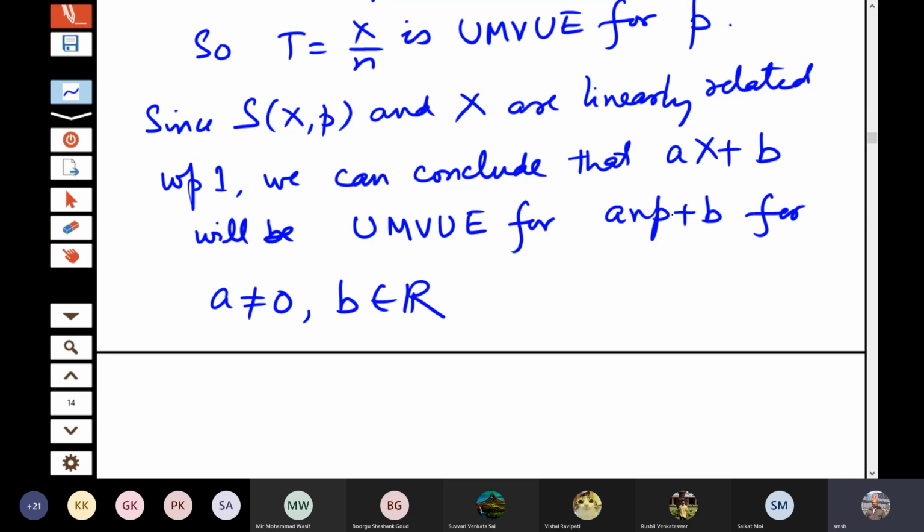Although it is a good estimator, it is unbiased, but it will not be UMVUE because the variance that we are having, the linearity, it is linear with x. So it will not be linear with x into x minus 1.